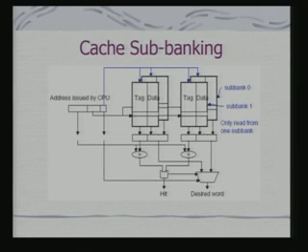Cache sub-banking is the simplest way to deal with the problem, in terms of architectural modification. So, your cache is now organized in terms of sub-banks. This is your sub-bank 1 and this is your sub-bank 0. At a given point in time, you are doing only one read from one sub-bank and getting the data. So, the advantages that we discussed in the context of sub-banking of SRAMs can be used in the context of cache as well.